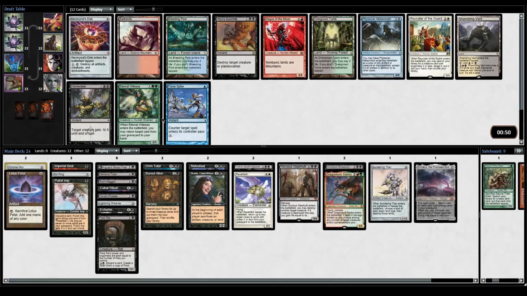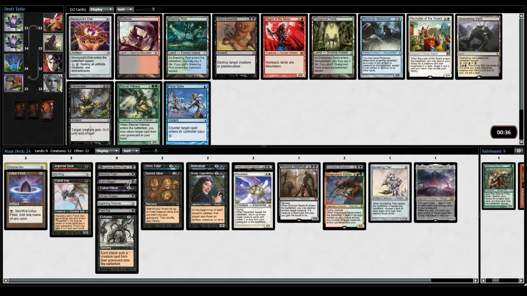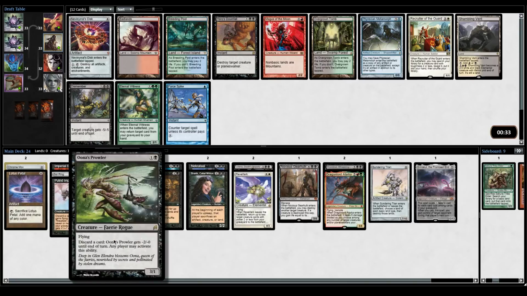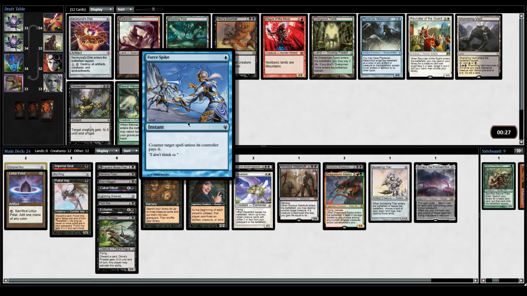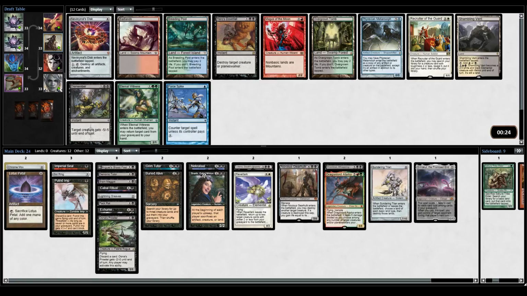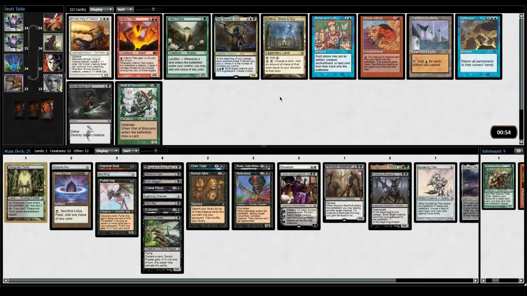Another problem with Reanimator is a lot of the cards do absolutely nothing in any other strategy. You can't take Buried Alive and play it in another deck. It just does nothing. Putrid Imp is bad. Uno's Prowler, I mean, this card can beat down, but you don't want to be beating down. Whereas something like Force Spike just goes in any deck and it's going to be good no matter what. So I think that's another reason why. And fatties too. If you take something like Sundering Titan and you're just hoping to cast it instead of reanimate it, it's a rough time. But my theory is someone...